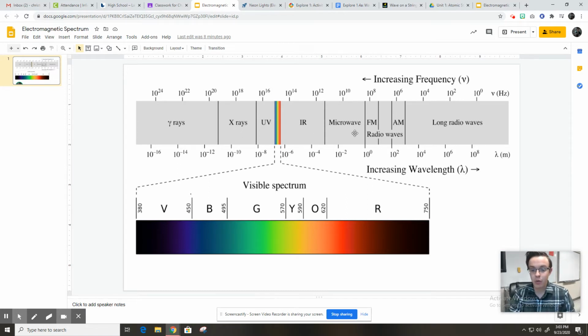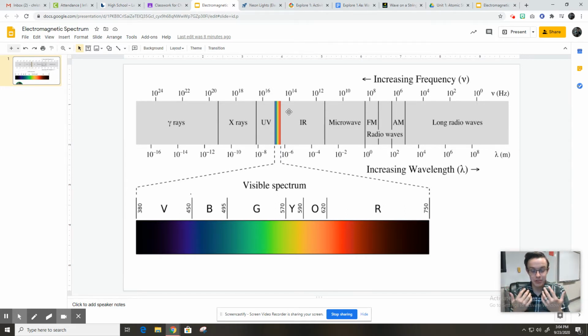And then we have microwaves, which we use to heat up our food. You guys can go home and probably turn on your microwave. You can't see that, but you're making this kind of light. It's a frequency of light. Then we have infrared radiation. And then this tiny little band here happens to be the specific kinds of light that we can